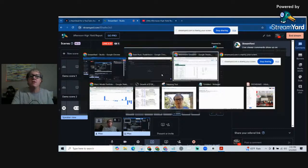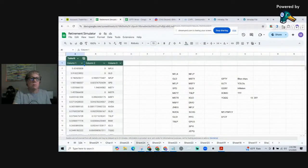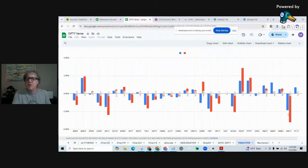All right, let's look at the GPTY verse and this kind of stuff. Well, let's just start here. Yield max land. It's the same thing every day. Whenever they're down a little bit less than their line, whenever they're up a little bit less, but it's pretty close. Sometimes they outperform on the upside or the downside, but it's usually an outlier and not typically something to worry